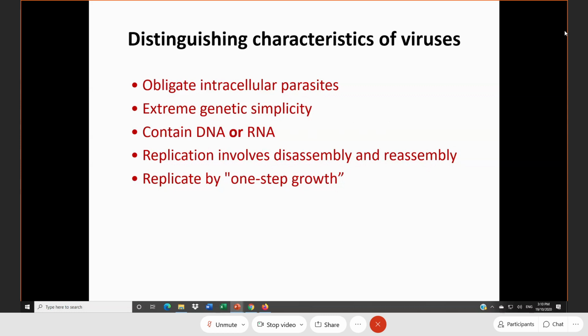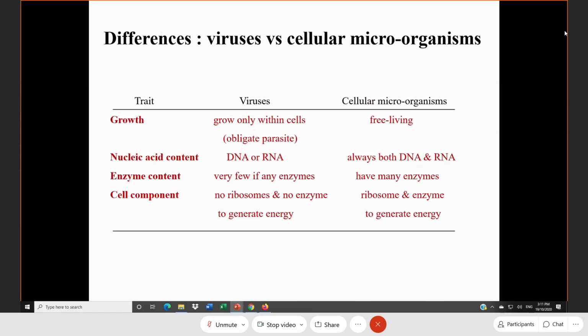So the virus invades the host cell, and then they take control of the cellular mechanism inside to produce more virus. That is the only job of the virus. Enter the cell, take over. Okay, you produce parts, everything for me only. For the whole cell, very minimum. Allow the whole cell to survive for some time before the whole cell dies. Okay, that's the virus. You can look at that kind of imagination.